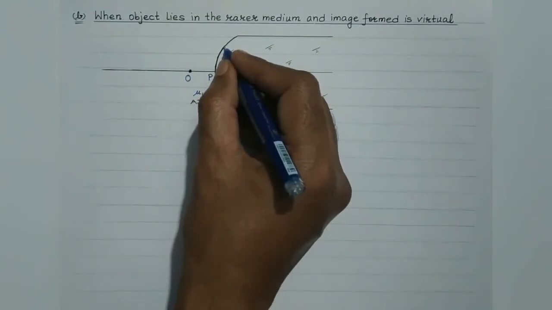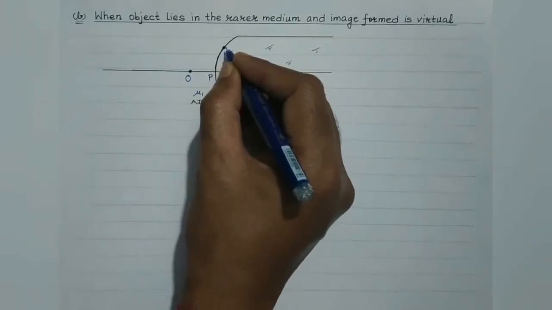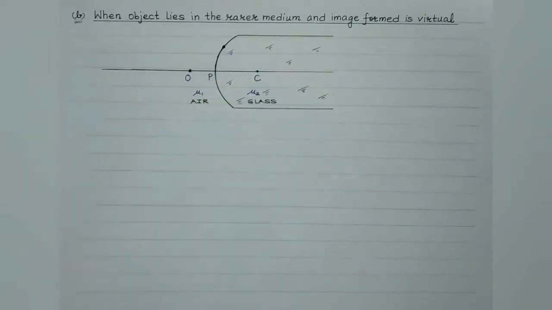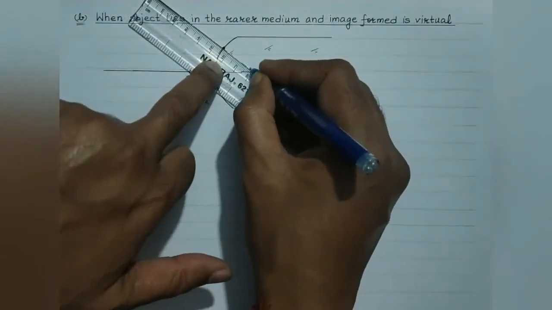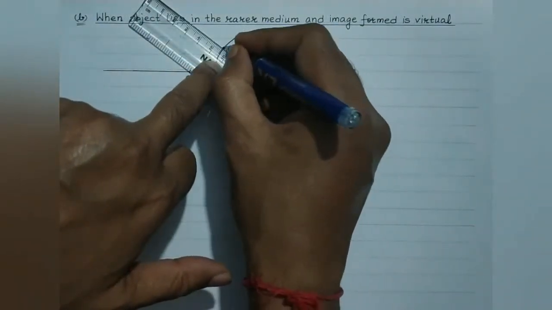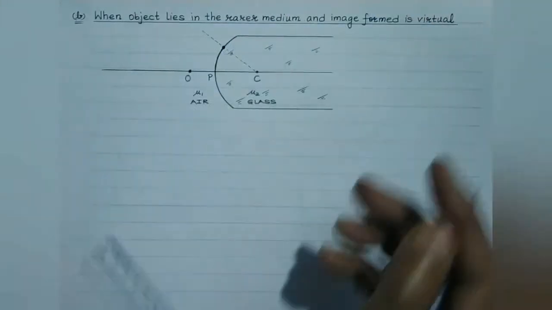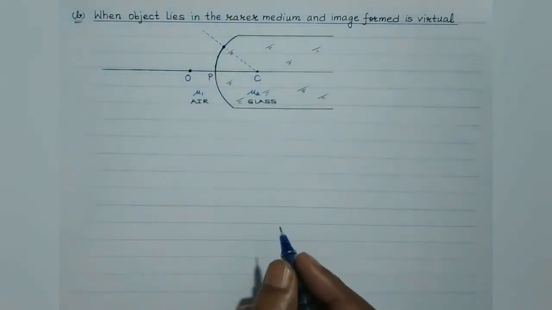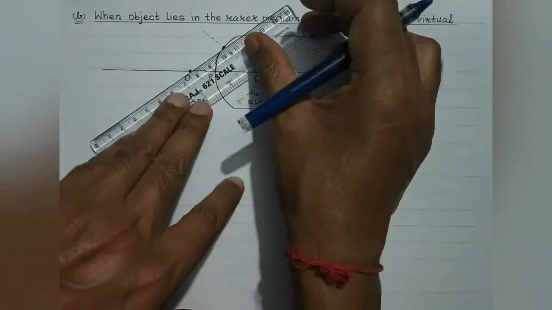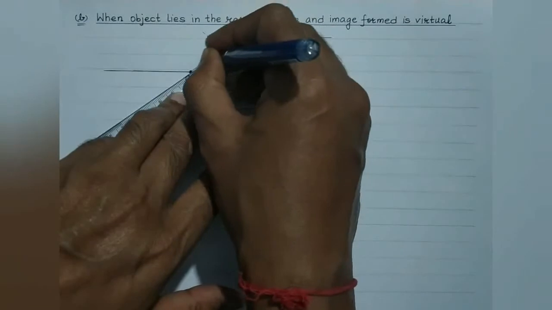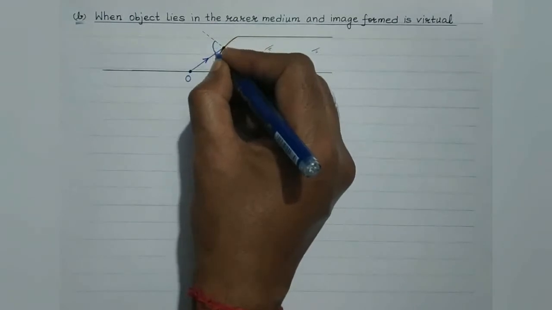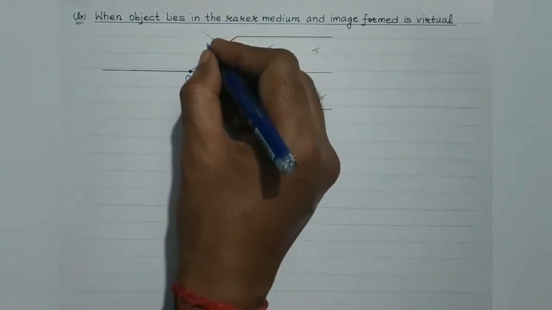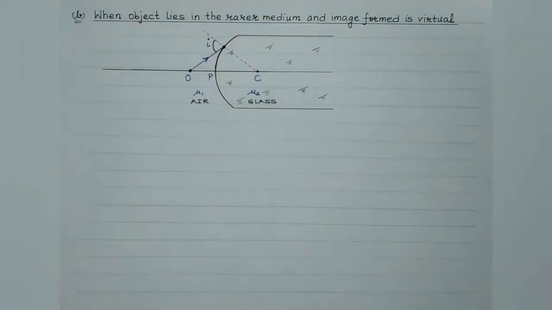Suppose this is the point where we need to get the incident ray incident, so as to observe the refraction. As I've told you, first and foremost, you need to draw a normal. Normal is a line passing through the center of curvature and joining that point on the surface. So this dotted line will act as the normal, isn't it? Now, let the ray from the object get incident at this point. So this is the incident ray. The angle which the incident ray makes with the normal, that's the angle of incidence. This entire angle is the angle of incidence, right?